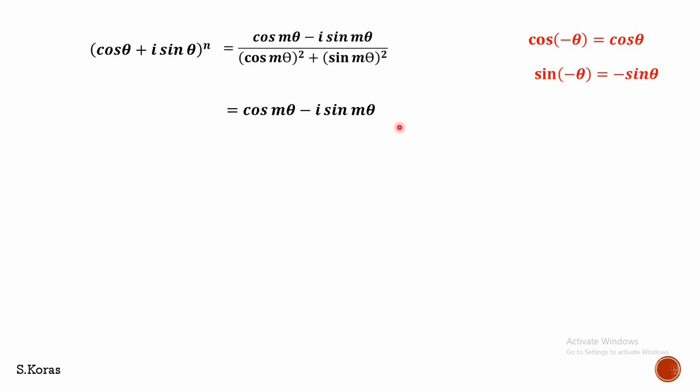So we can write this minus sine m theta as sine of minus m theta. So it will become a positive one. Moreover, in the polar form, the cos part and the sine part must have the same angle. So if we replace this by minus m theta according to the formula, if we make this as minus m theta, then this should also be minus m theta.